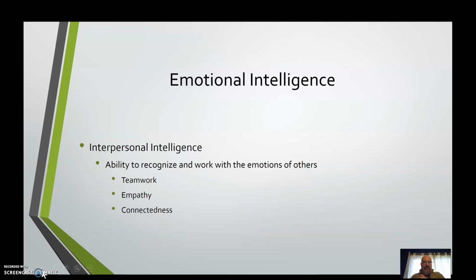People with high levels of emotional intelligence related to the interpersonal category are going to show high levels of ability to conduct teamwork. They're going to show high levels of empathy, and they're going to be really connected with the other students that they work with on a day-to-day basis. And so these are things, again, that I see within the habits of success encouraged by the Summit Learning platform that we use. Things like connectedness is one of the habits of success.